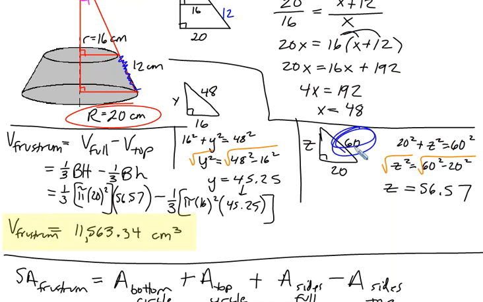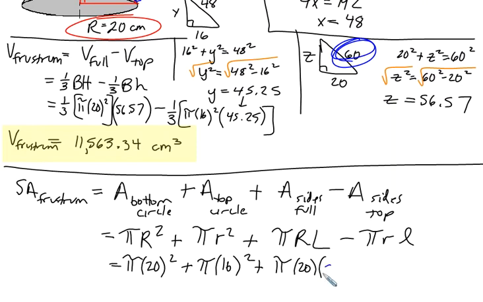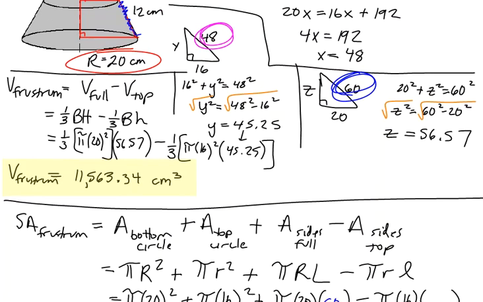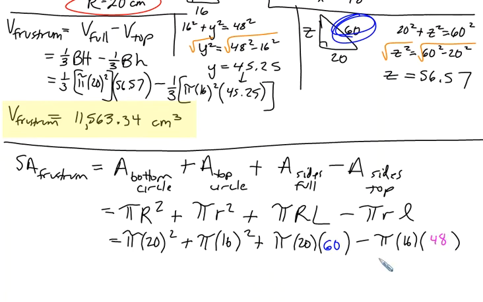That comes from right here. And the smaller slant, as we come back up, was 48. So that's what we'll plug in here. And now if we're careful, we can type that all in at once, which turns out to be